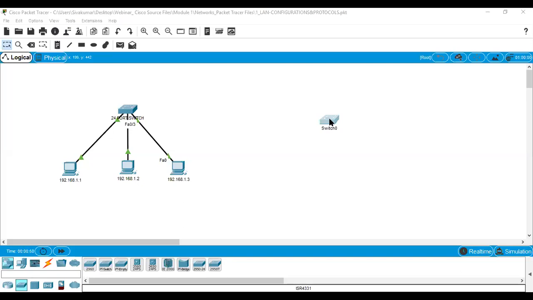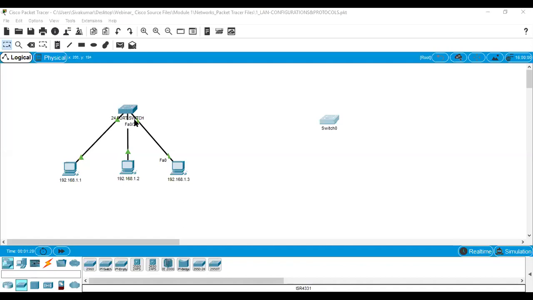Here it is, config. In this config menu, you can rename the display names, for example, switch 0 displays. You can give the rename here. Then there are a lot of options available here. In the settings menu, then algorithm settings, you can set TCP algorithm settings, the multiple number of connections, and all things. Then switching, then interface. In the interface menu, we are connecting here with fast Ethernet cable only.